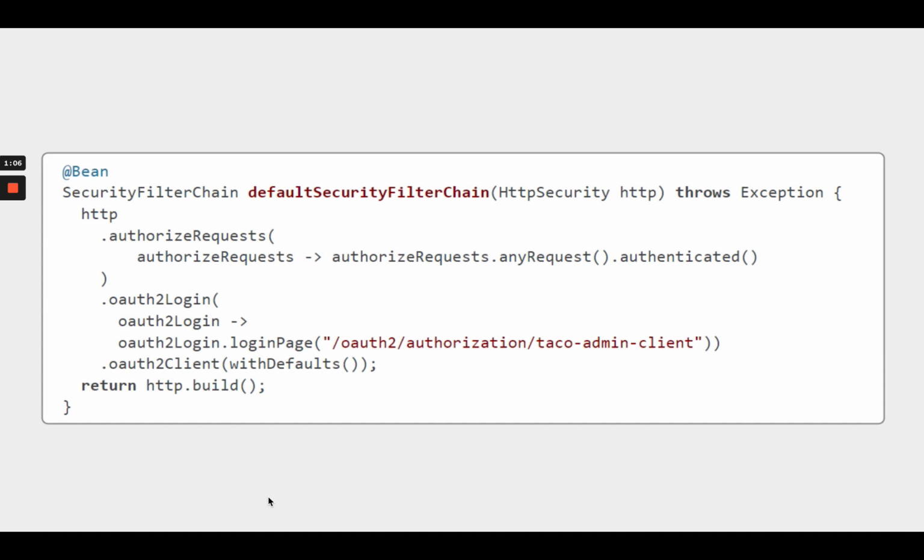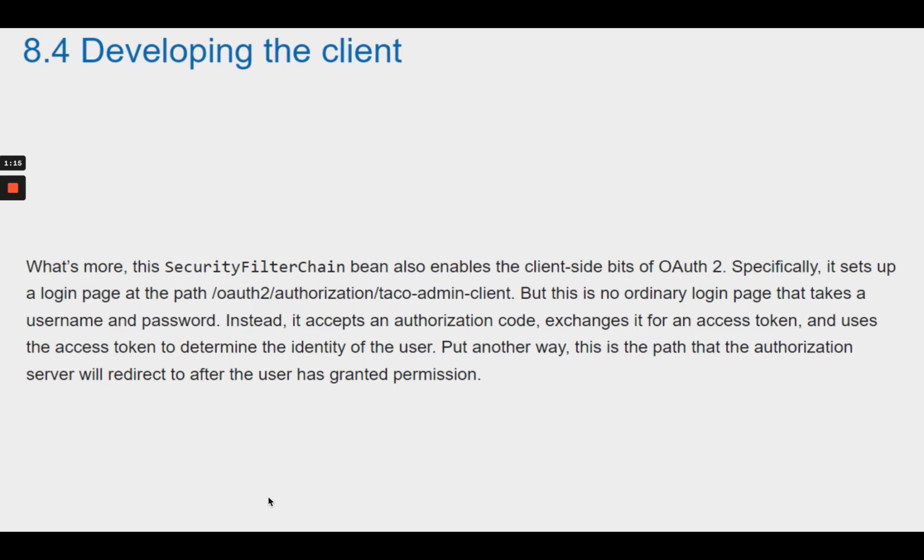The following security filter chain bean sets up Spring Security so that all requests require authentication. What's more, this security filter chain bean also enables the client-side bits of OAuth 2. Specifically, it sets up a login page at the path /oauth2/authorization/taco-admin-client. But this is no ordinary login page that takes a username and password. Instead, it accepts an authorization code, exchanges it for an access token, and uses the access token to determine the identity of the user. Put another way, this is the path that the authorization server will redirect to after the